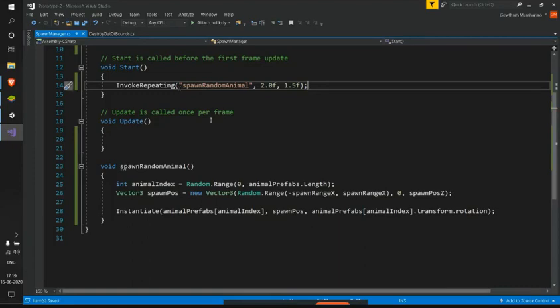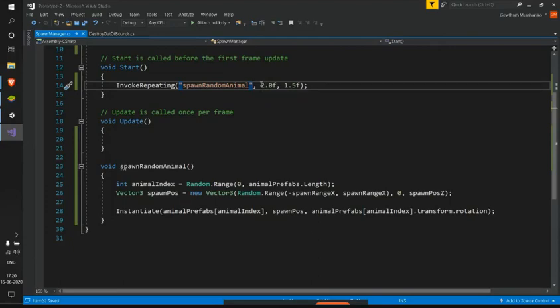So this just says, hey, call this function for the first time when it is 2 seconds from the start of the game. So I just clicked my play button now. From then on, a timer runs, and when it's exactly 2 seconds, InvokeRepeating calls this SpawnRandomAnimal method once.